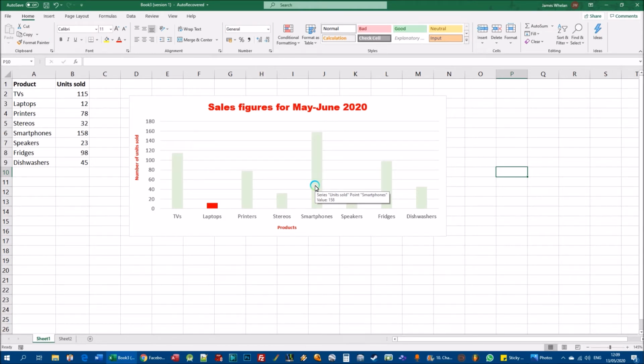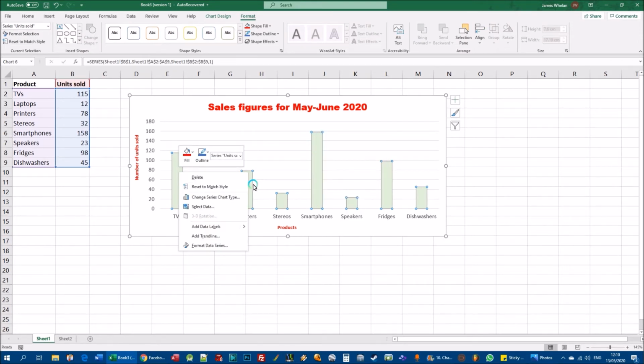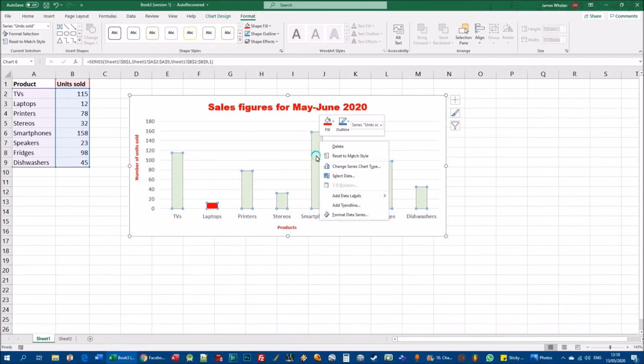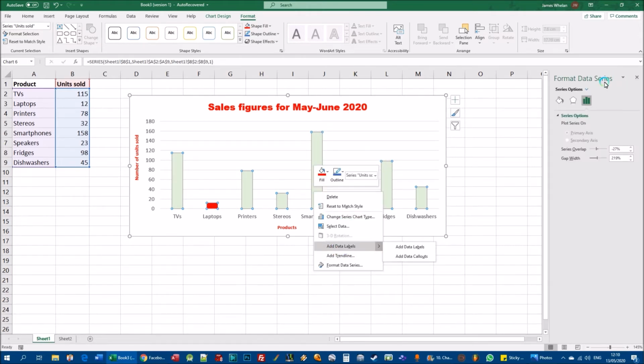So that's all there is to changing the colors for our columns. Now we can do it another way as well. What we can do is right click on any one of the columns. Doesn't matter which one, because when we right click they'll all be selected, and we can go down to Format Data Series. Now data series means the entire series of data here that's being represented visually by these columns. And when we left click on that, the Format Data Series pane opens up here,